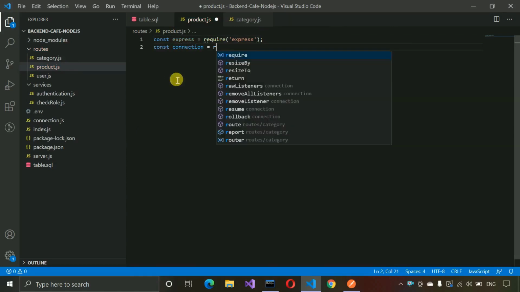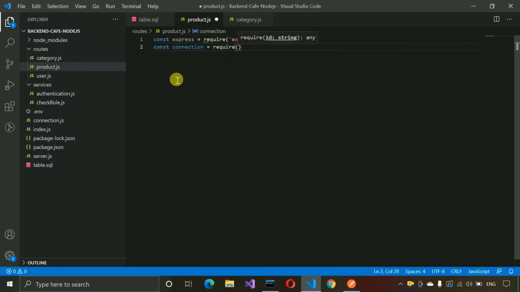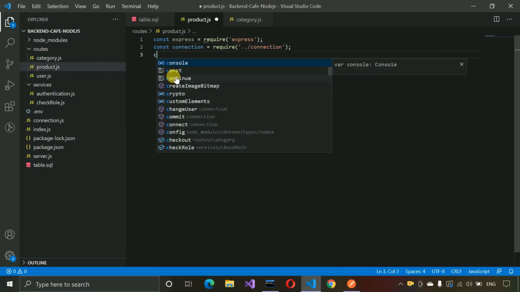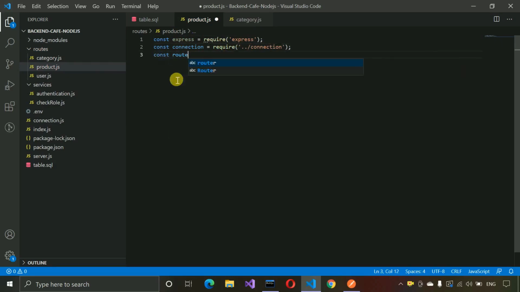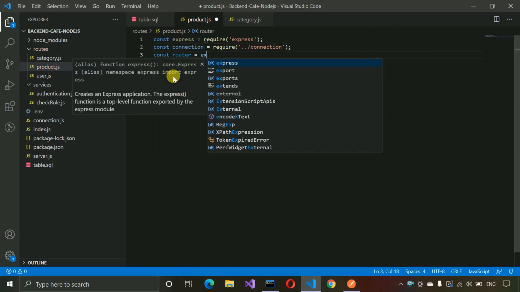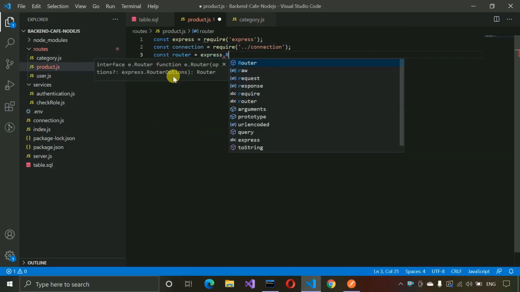So connection equals require, and here we have to import that connection, this one, and const router equals express.Router, this one,